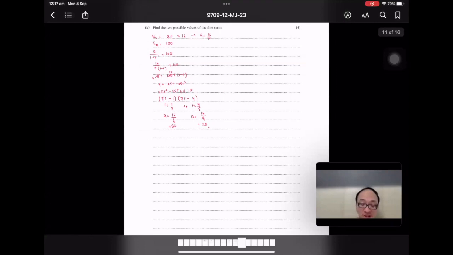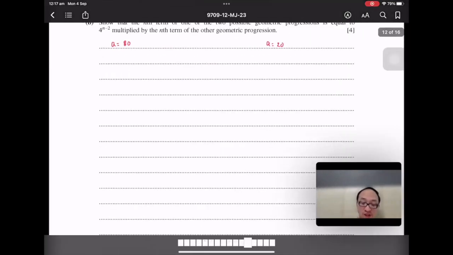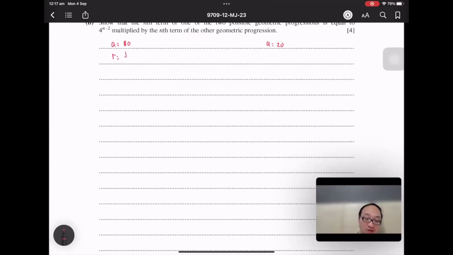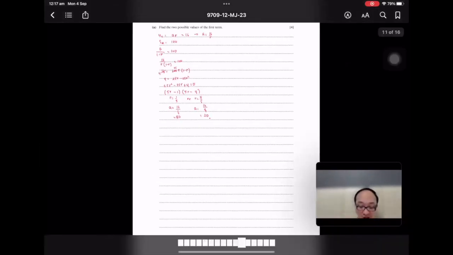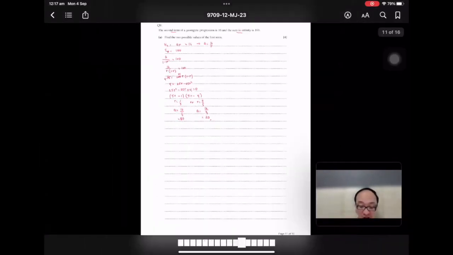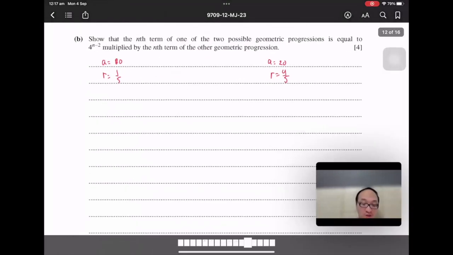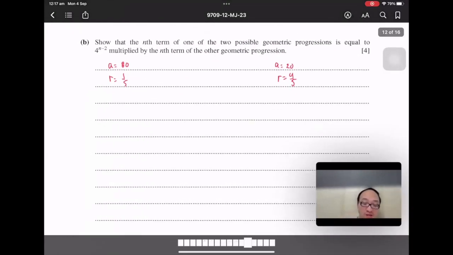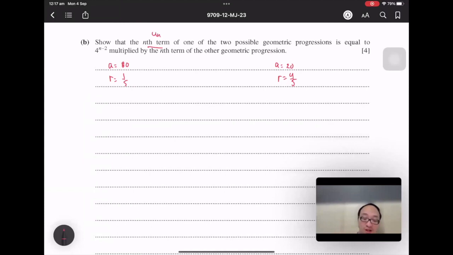The ratio is 1 over 5 for 80, and for this one the ratio is 4 over 5. And then we have to show that the nth term, the un, of one of the 2 possible geometric progressions is equal to the nth term of the other geometric progression. So we have to find the un here